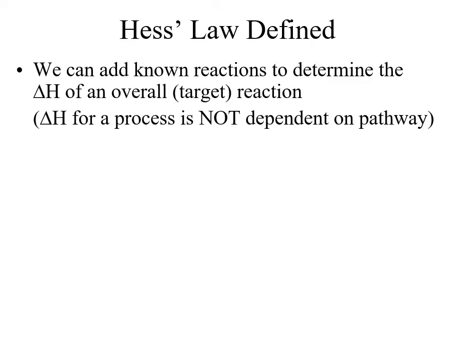Hess's Law. Hess's Law is essentially where we can take some known reactions to determine the delta H of another unknown or target reaction. What this is assuming is that the delta H for a process is not dependent on the pathway taken. So if you start at one particular point and you end at another point, it doesn't matter how you go from point A to point B, or from those reactants to these products, the delta H for that process